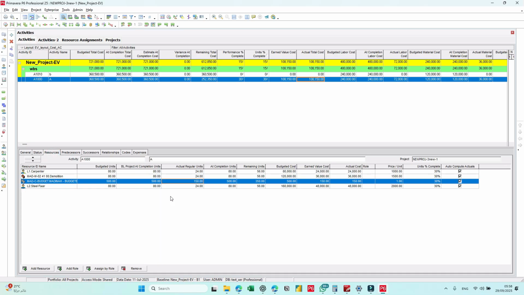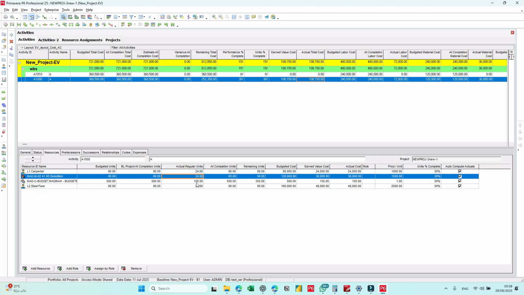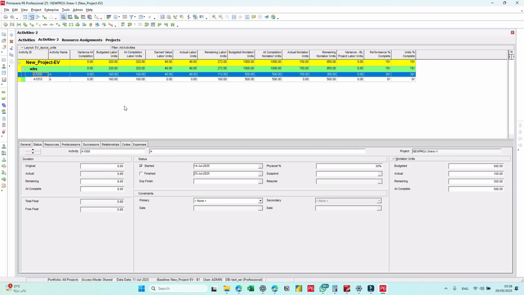Let's go to resources. The resources also seem okay, and from this layout, let's see the variance at completion: budget labor at completion is correct, earned value equals actual, correct, and the budget non-labor equals at completion. We don't have material at completion here,